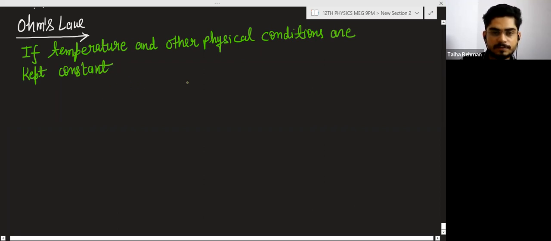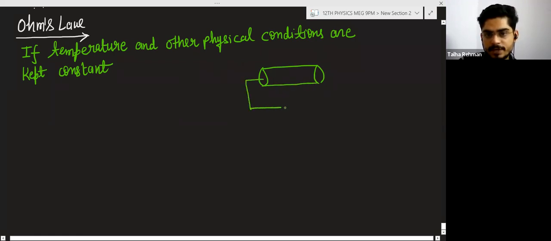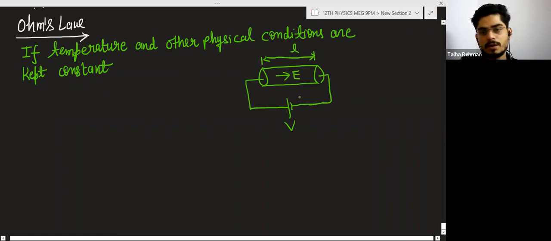then in a conductor, suppose this is a conductor and this conductor is connected with some battery, and the potential difference across the ends of the conductor is V, and L is the length of the conductor, E is the electric field generated in the conductor, and I is the current flowing in the conductor. So Ohm's law tells that